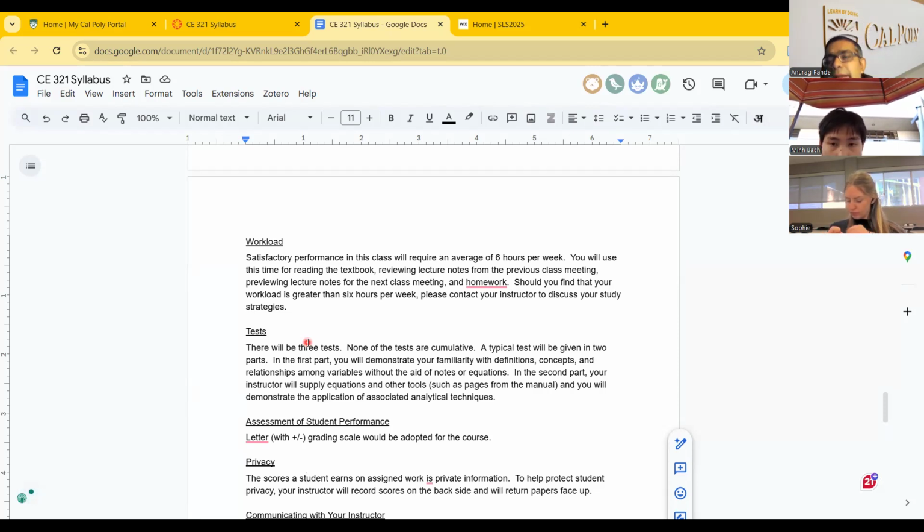You're learning how you learn, so that when you go into the practice of transportation engineering, when you're out working as a consultant or as a public agency employee, you know how to approach a problem. You are aware of how your brain learns new things. So if you need to develop a new skill, you have some practice of doing so from school, and you can use that ability to learn new things. That's the most important thing, which is why I say that I'll use plus minus grading, and